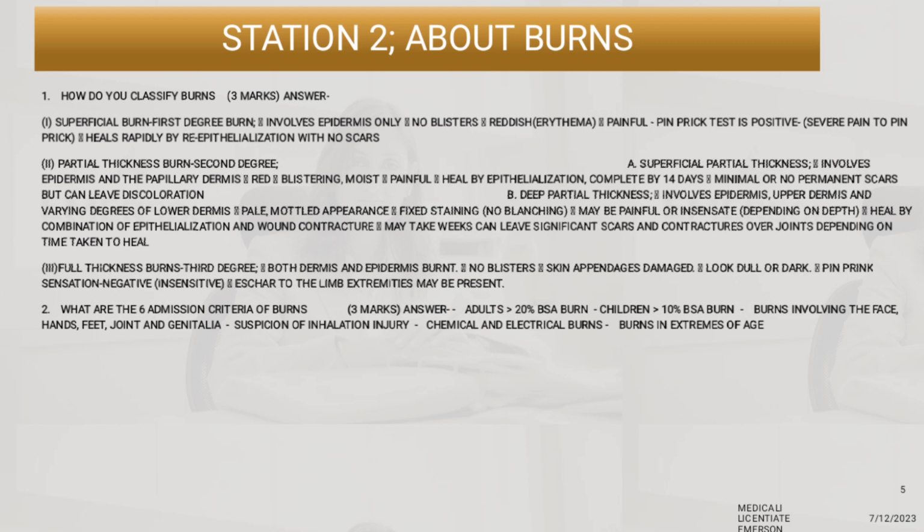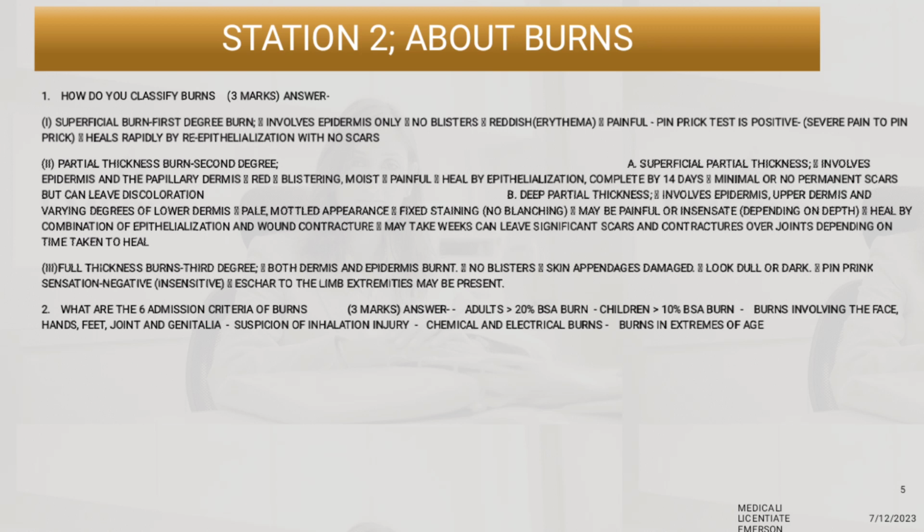Admission criteria. In adults, the admission criterion is 20% burns of total body surface area. Other literature will tell you 15 to 20% total body surface area. Then in children, they all stick with more than 10% body surface area. Meaning when someone comes with less than 10%, they don't admit. The admission criterion for burns in children is more than